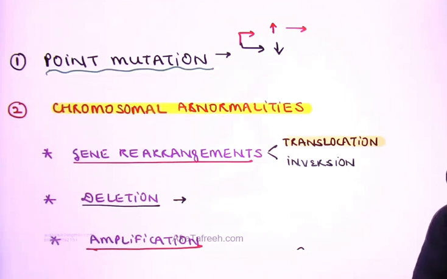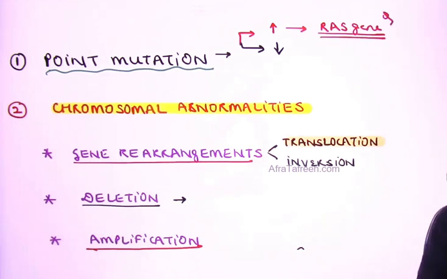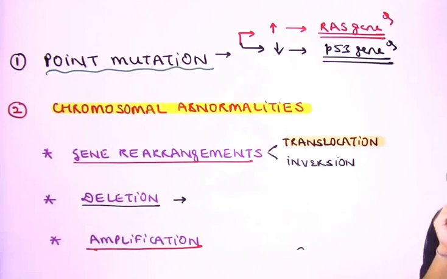For your MCQ exam, the commonest point mutation associated with the development of a cancer involves a proto-oncogene, and the example of the gene is the RAS gene. On the other hand, if I am talking about a point mutation which causes underactivity of a gene, logically this is going to cause suppression of the activity of a tumor suppressor gene. The gene affected by underactivity from point mutation is to be remembered as the P53 gene. So the commonest point mutation in human cancers with respect to proto-oncogene is RAS, and with respect to tumor suppressor gene, that is P53.